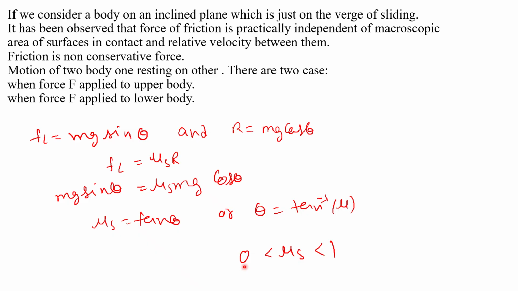In practice, it is usually found that mu s is greater than 0 and less than 1. Next, it has been observed that the force of friction is practically independent of the microscopic area of surface in contact and relative velocity between them. However, it depends on the nature of material of the surfaces in contact and their roughness and smoothness. Normally, with increase in smoothness, friction decreases. However, if the surfaces are made too smooth by polishing and cleaning, the bonding force of adhesion will increase, and so the friction will increase,